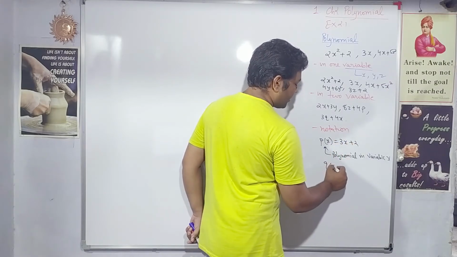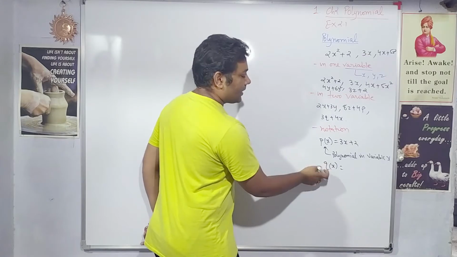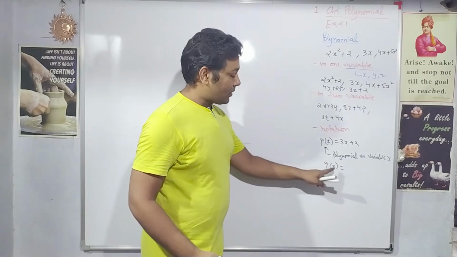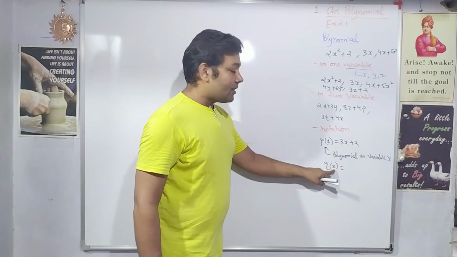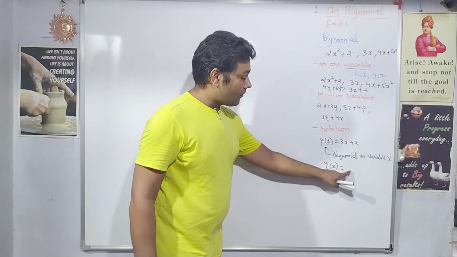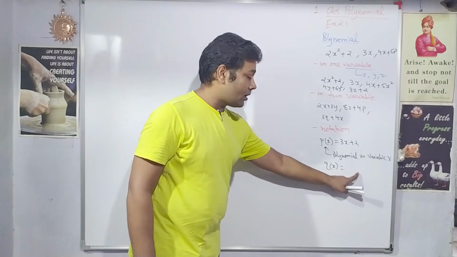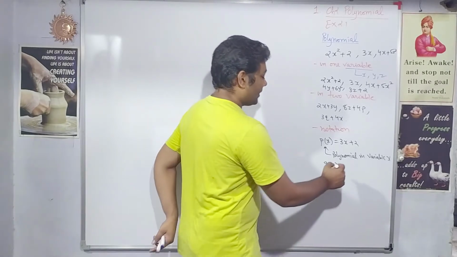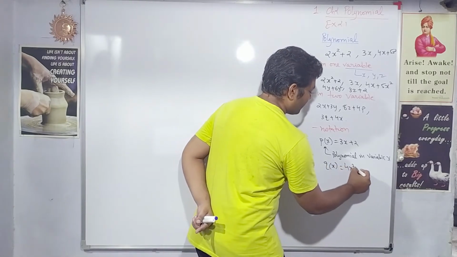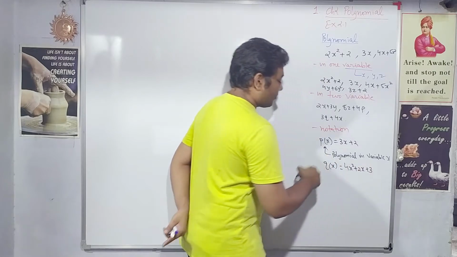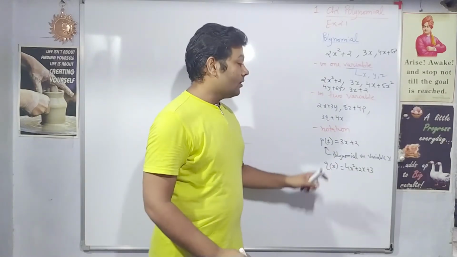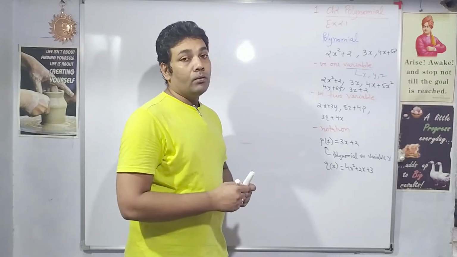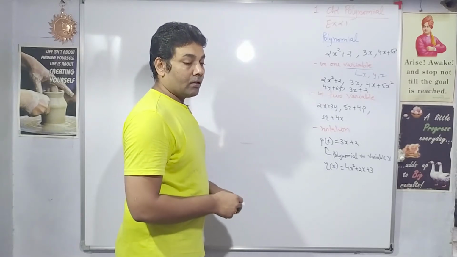You can also write this way, q of x. This p, q, letters may be any, but this bracket and x, this denotes that the following expression is polynomial in x. 4x square plus 2x plus 3. Now this is again a polynomial in x. So p of x, q of x, these are the notations which we use to represent the polynomials.